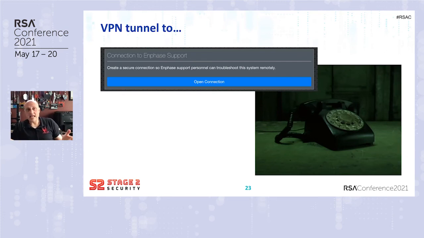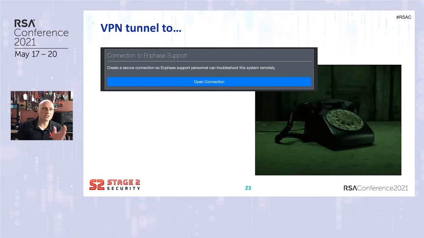I don't know what kind of access it is. Hopefully it's locked down so that you can't go enumerate their internal network. But what it does provide is that when you click this, it gives them a VPN tunnel into your network. So that's a big security risk in my mind. I know a lot of corporations would have issue with a feature where a vendor can have a VPN tunnel into their network. So that was one open issue I never really chased.